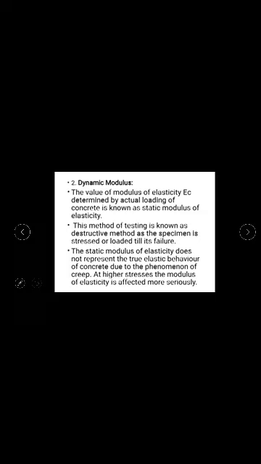We have already seen the shapes of stress strain curves for the individual materials: the stress strain curve of aggregate, of cement paste, and of concrete. The shape of the stress strain curve affects the static modulus of elasticity of concrete, but not the dynamic modulus. Hence the ratio of static elastic modulus to dynamic elastic modulus is not fixed.